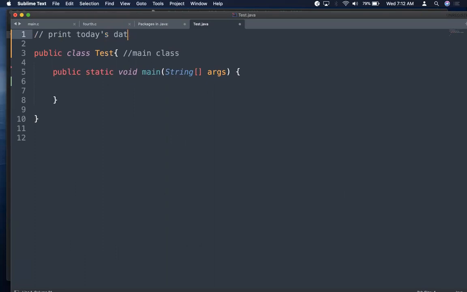So how to print today's date actually? So today's timestamp we want to print. Okay, so just now we have seen there is a date class available in the util package. So I need to import that. So what I'm doing is import